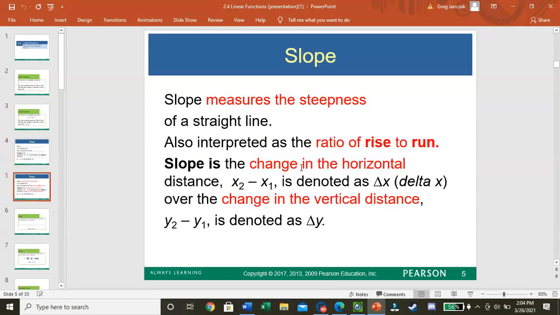Slope measures the steepness of the line. The larger the slope, the steeper it is. So, for example, if you've ever gone up to the mountains, you start off flat, and then as you get to the foothills, you start to slope up a little bit, and then when you get to the mountains, it starts to slope up even more, to where you see something like a percent gradient,